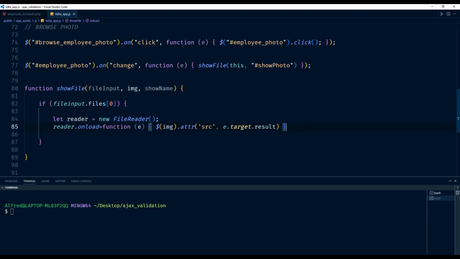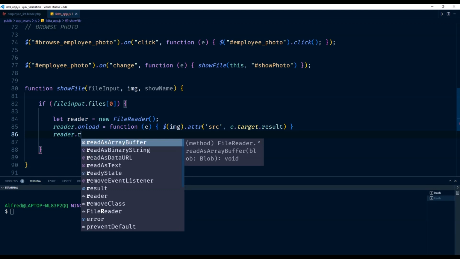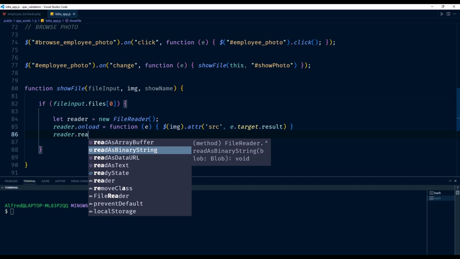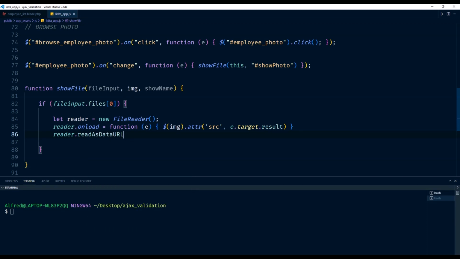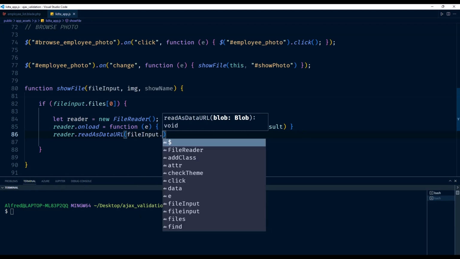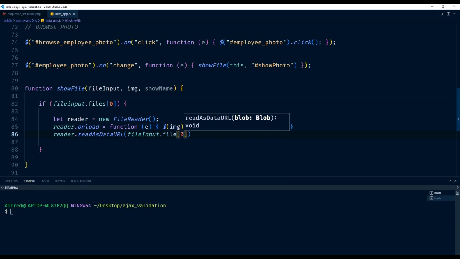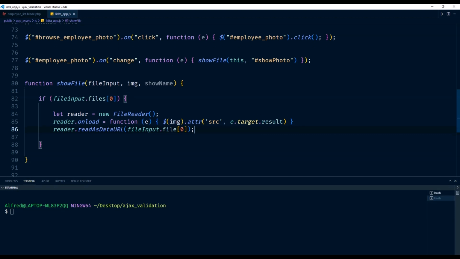Right, and now here I can use the reader to read the URL of the input. So read, and I'm going to read data as URL, and then I'm going to pass in the fileInput files, and I'll take the first one again like that. So I'm going to close that,